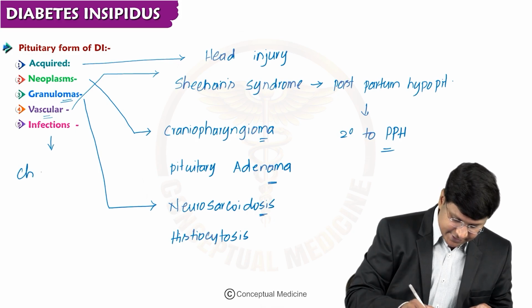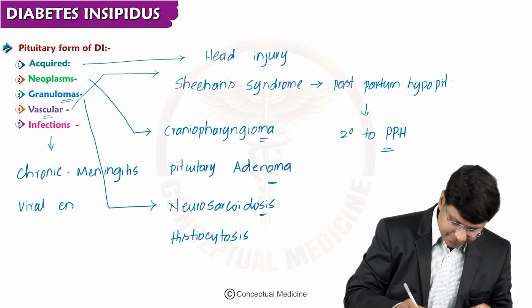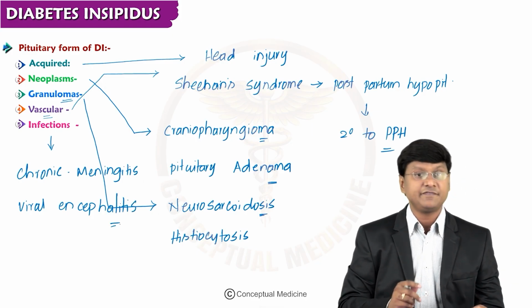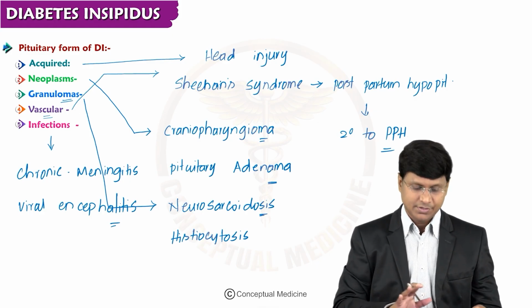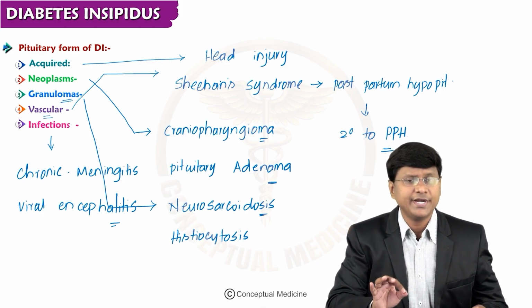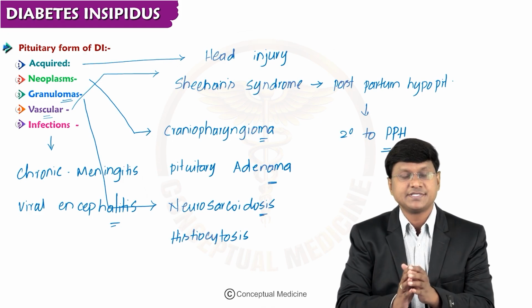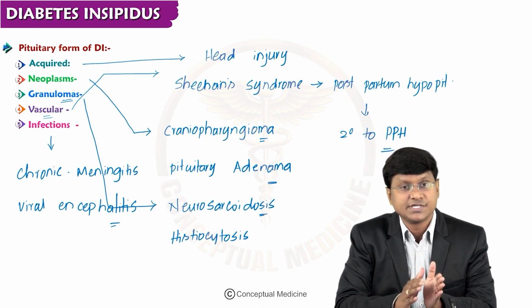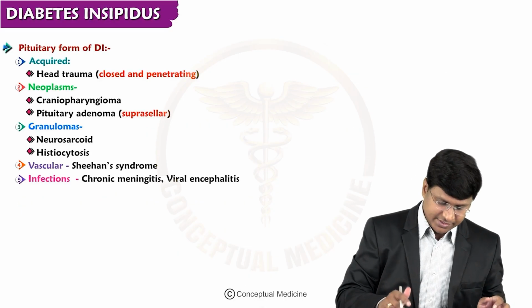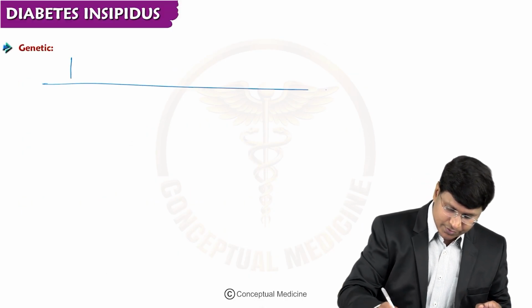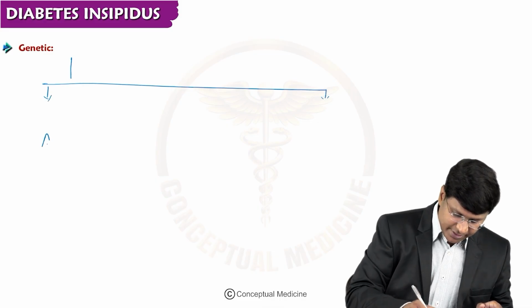We have chronic meningitis, and second we have viral encephalitis. So these are the infections which will cause central diabetes insipidus. So these are your acquired causes for central diabetes insipidus. Now, after having discussed the acquired causes, let me discuss the genetic causes for central diabetes insipidus. The genetic causes include either autosomal dominant type of